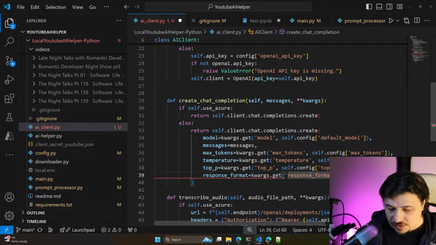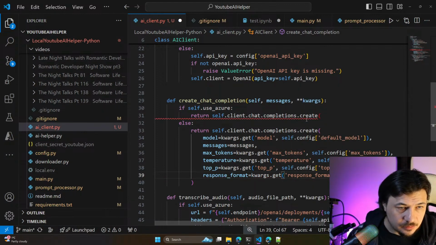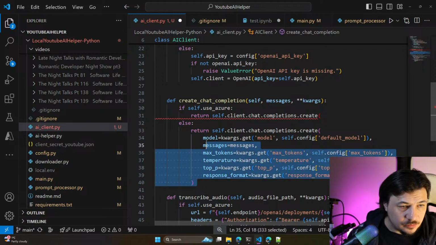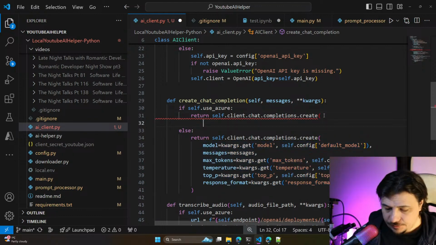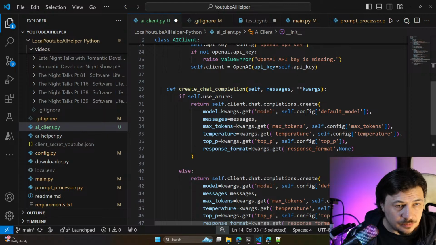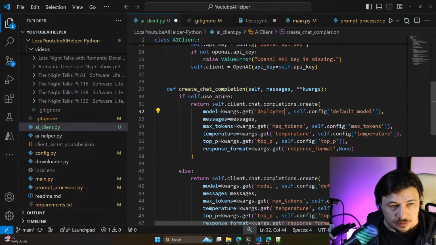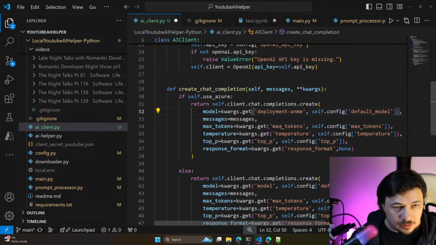So we took response format as none, with no response format. And here it would be exactly the same, except it would be deployment name, and in the other case deployment name.